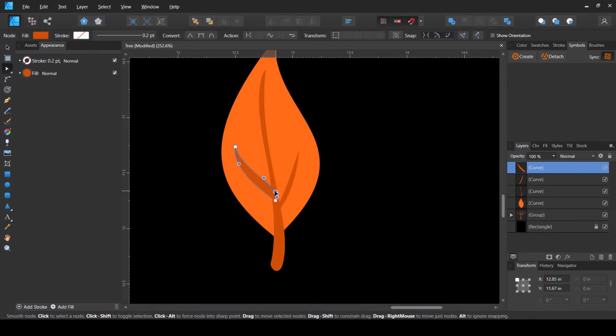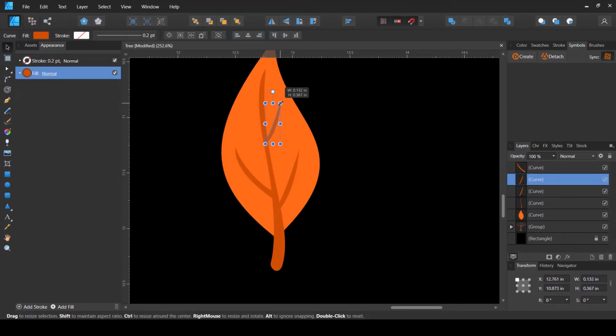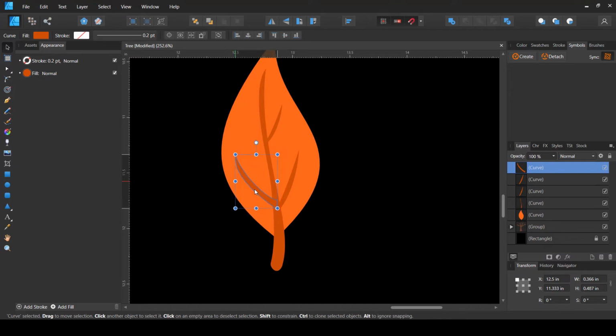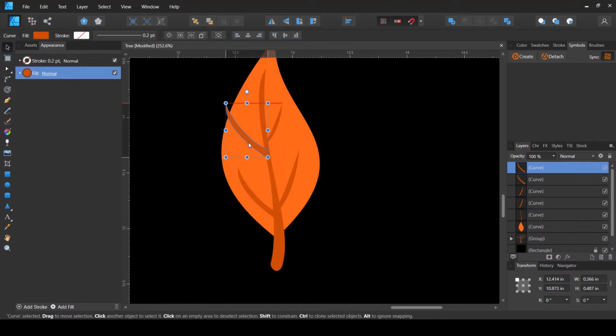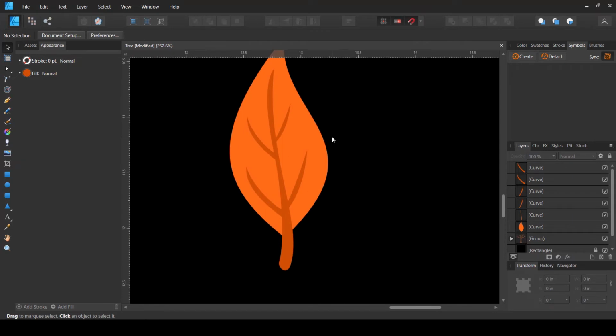Let me just make it thinner, and then I'm just going to copy this by pressing Ctrl J and move it up, maybe make it smaller like that. Select this one and press Ctrl J and move it up like that. So our leaf is ready, and one thing that I want in this leaf is slightly